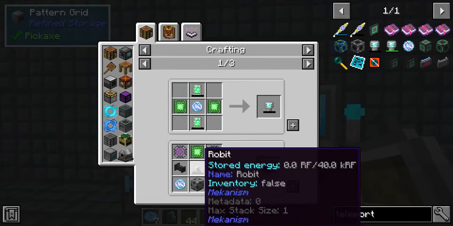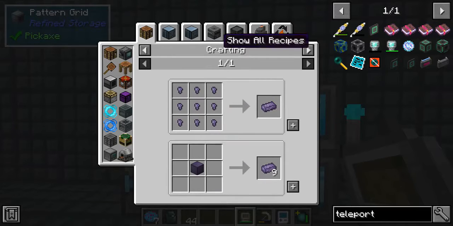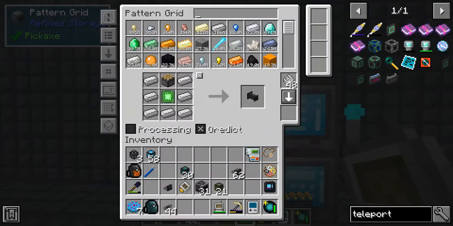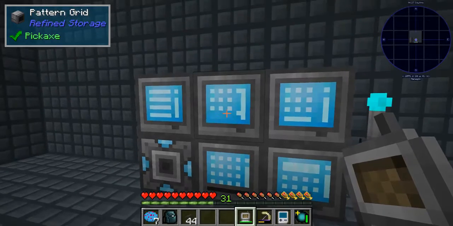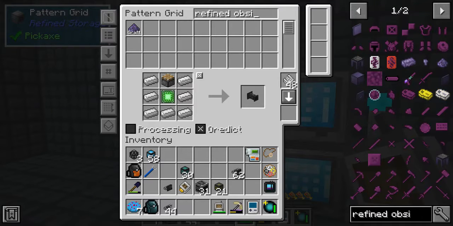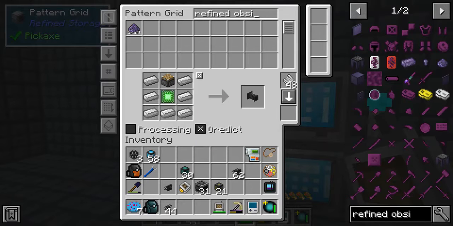Do I have a robot? Can I just make... Oh, refined obsidian. There we go. That's the next thing we need to do. Do I have refined obsidian? I don't. Better make that pattern before I end the video, huh? Matter of fact, let's do that real quick. We're going to need refined obsidian ingots. These are actually useful for more than just...